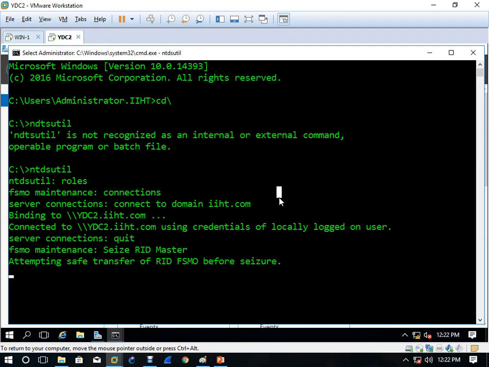See, this one is not as per the graphical transfer, right? When you transfer the graphical way, right, add, transfer, that one is faster. This one will take time. It always takes time.